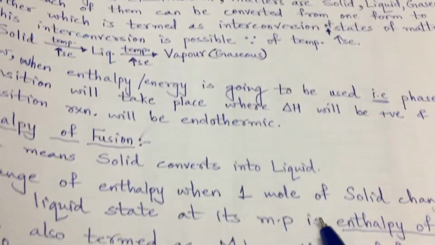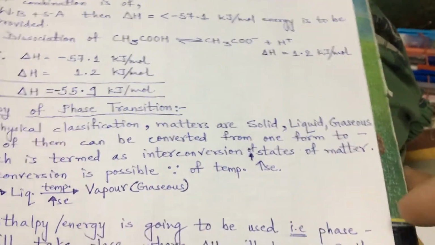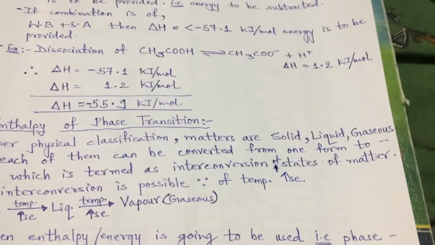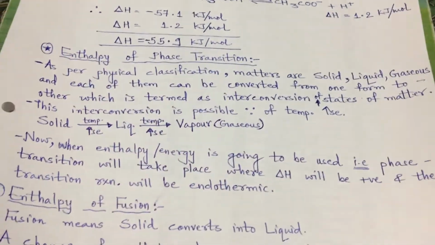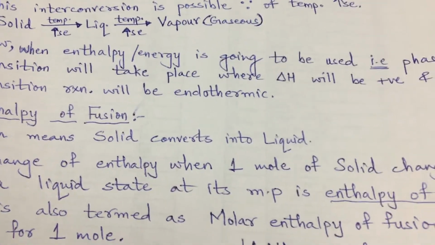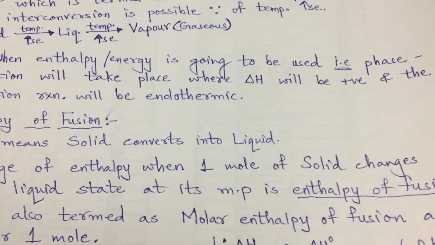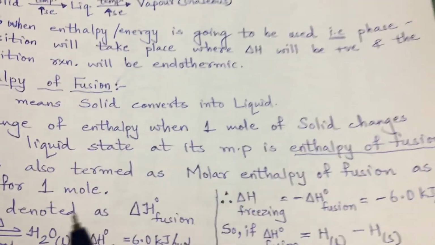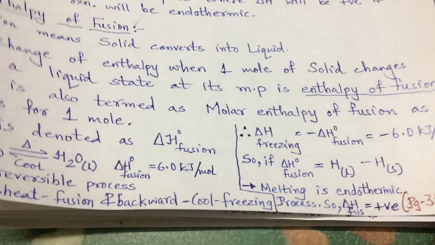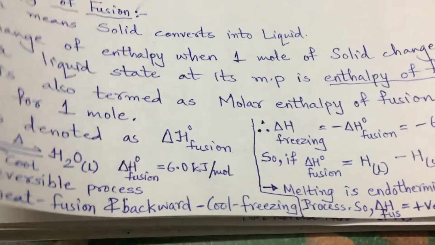So these are the enthalpies which we have gone through in this chapter. Different enthalpies you are coming across, so please take care of all these enthalpies. And as I told, different enthalpies have different definitions, differing by only a few words, but there is a similar calculation in all the enthalpies: enthalpy of product minus enthalpy of reactant, right?